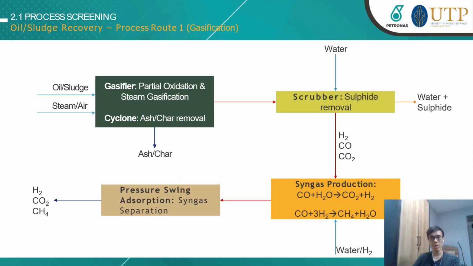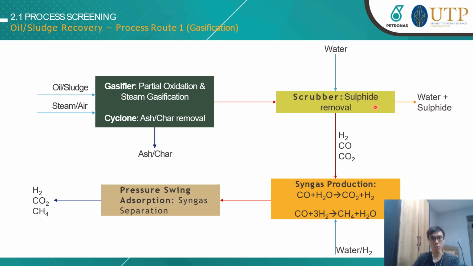For the oily sludge recovery section, the first route is gasification. Gasification involves the use of steam and air to decompose the oil and sludge into syngas, which comprises hydrogen, carbon monoxide, carbon dioxide, as well as char via partial oxidation and steam gasification reactions. The solid products are then removed using a cyclone separator, and the gaseous products enter the scrubber to remove any